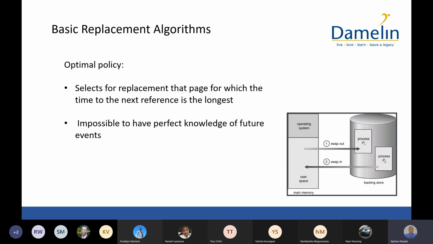So the optimal policy says, let's see which one won't get used in the near future, and we swap that out and bring in the one that we need to swap in. Okay, and they are saying that it's impossible to have perfect knowledge of future events because the one process that you think won't be accessed in the near future might be the one that the user is going to revert to next. So